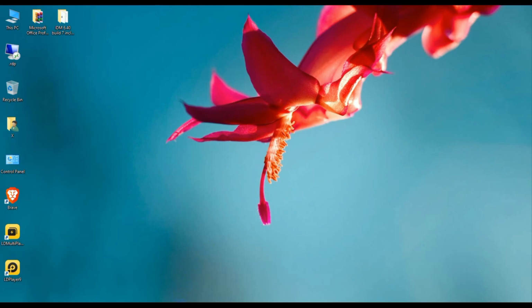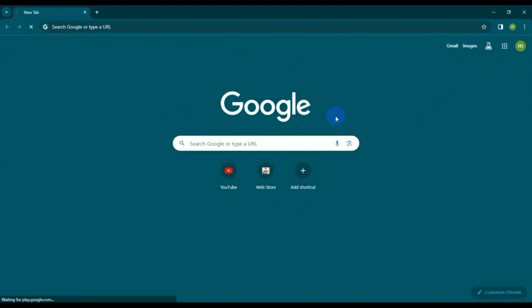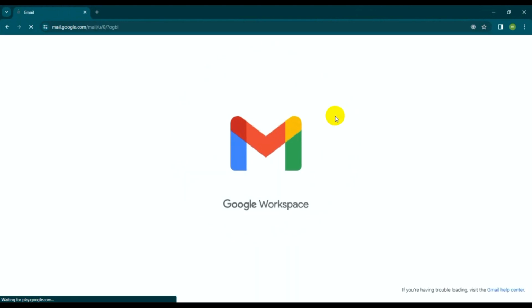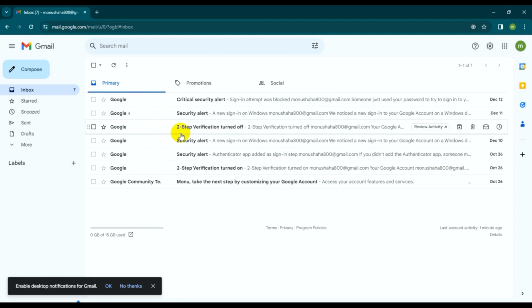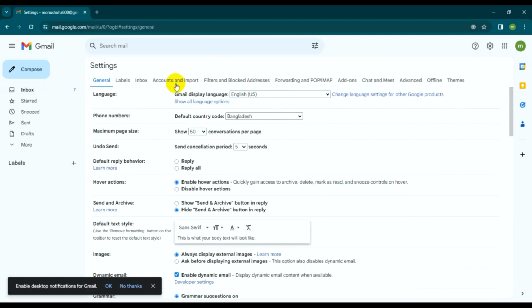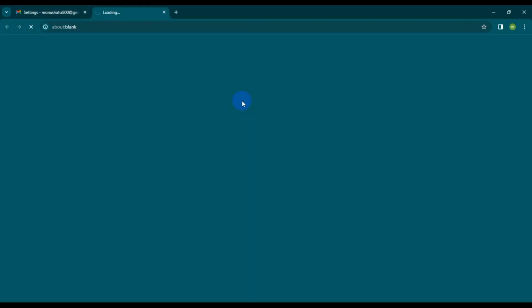So guys, now I'm opening a browser and clicking on my Gmail account, and waiting for the page to load. Just turn on Google alert and security alert, two-step verification. So click Settings, see all settings. Now Google account and import, change password, recovery options,